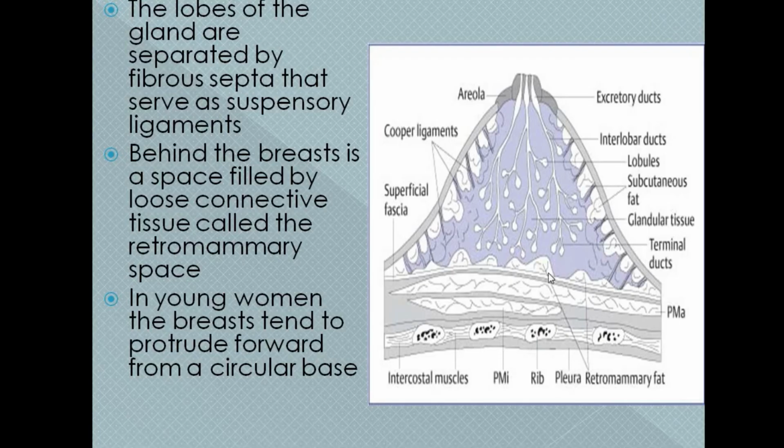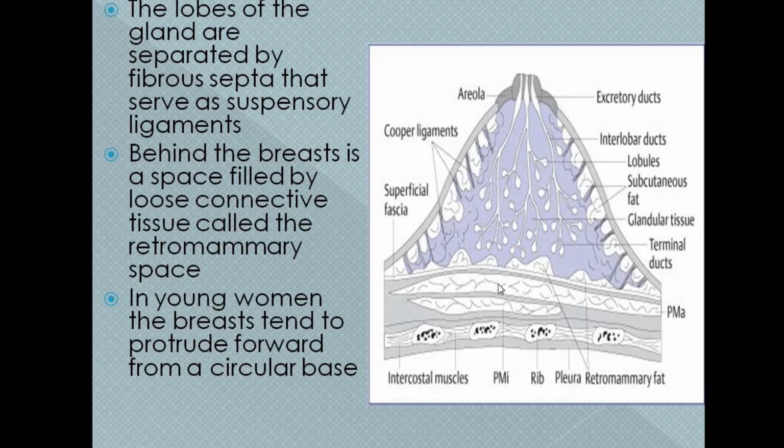So if we take the cut section, the breast is a conical projected area present on the skin, and the skin gives the septas. These septas are called the suspensory ligament. They separate the lobules of the gland and provide the attachment of the glandular structure to the skin. So they act as a suspensory type of tissue. That's why it's called the suspensory ligament of Cooper.